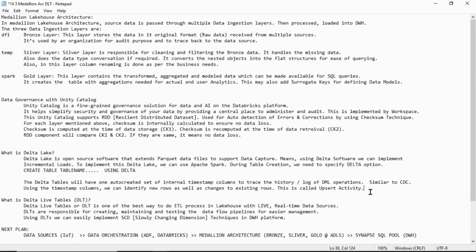And we have something called Delta Live Tables. Delta Live Tables are the extension of Delta Lake tables, which is faster and easier to manage. In Delta Live Tables, here every